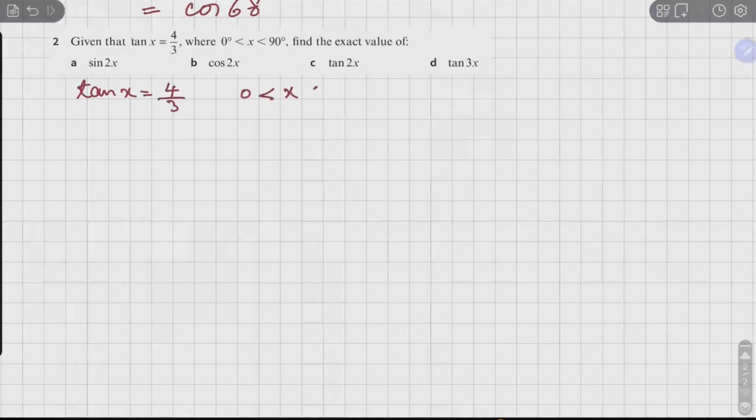Answer: tan of x, the information is 4 over 3, where x is greater than 0 and less than 90. Find the exact value of sine 2x, exact value of sine 2x। अच्छा, अब इसकी एग्जैक्ट वैल्यू हमें चाहिए,